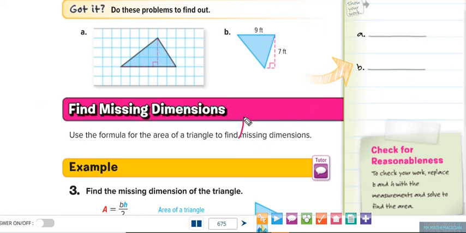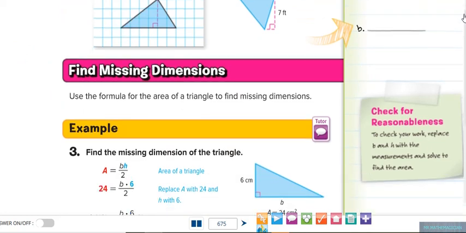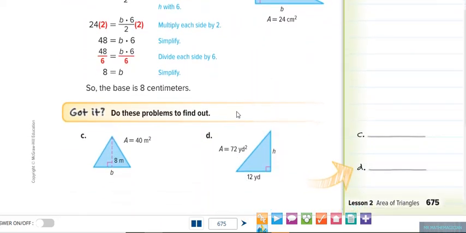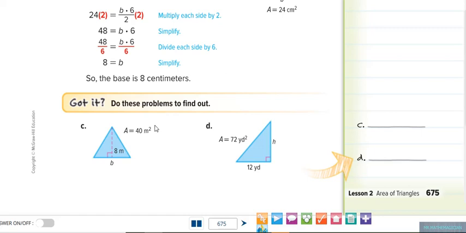Now moving on. Sometimes we are given the area already, and we need to find the base or to find the height. So I prefer to take these rules, write these rules beside the previous rule. So the previous rule is, how can I find the area? Area equals half BH. Okay, if I want the base